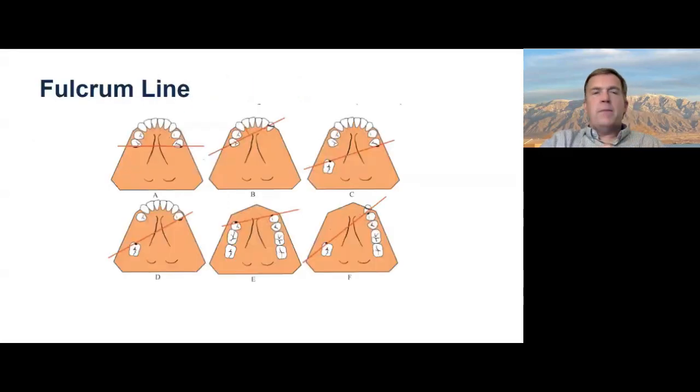Fulcrum line, something to think about. Where is your partial going to rotate? Because if you know that, then you know what we've got to resist. For instance, let's look at E. In this situation, the partial wants to rotate around